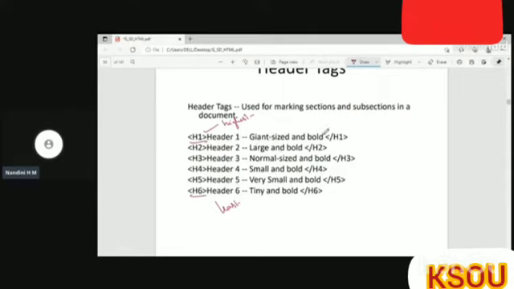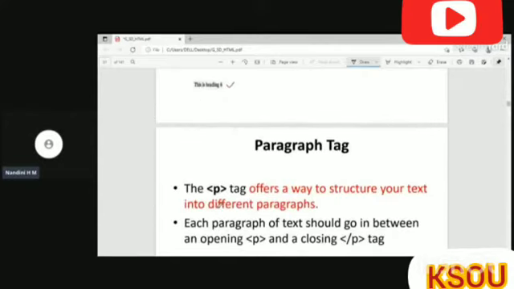Again, heading tag is a paired tag which contains an opening and a closing tag. You can see here I have used 6 different headings in a document. How will it be displayed in the web page? You can see here this is the result obtained for H1 heading, and this is for H2 and this is for H6. All the texts are in the bold format, only they differ in the sizes. So we can use 6 different headers in order to write a heading for a web page.